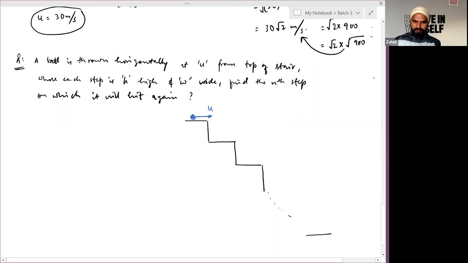So it will move along this path to reach this point, in which each step of the stair is h unit in height and the width of each step is w unit wide. So if you draw a vertical line from this point and a horizontal line from this point,